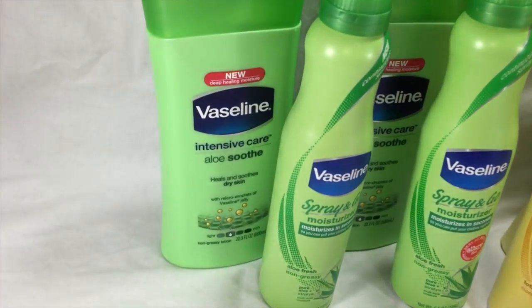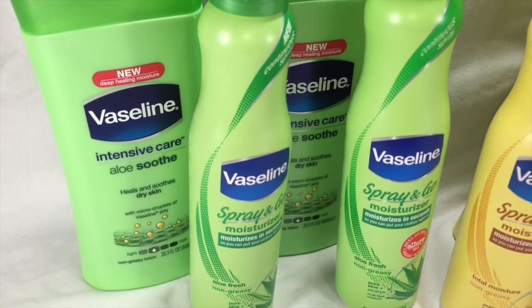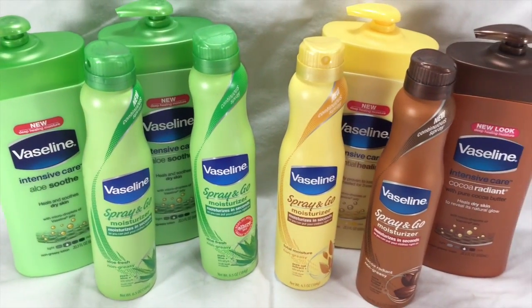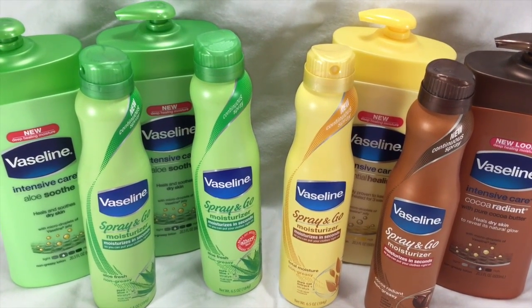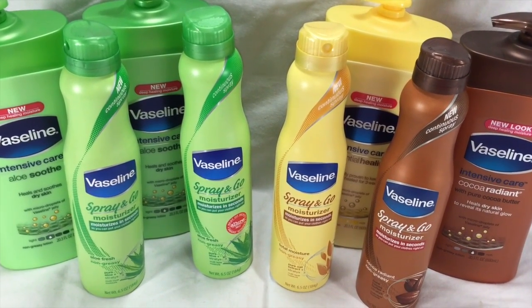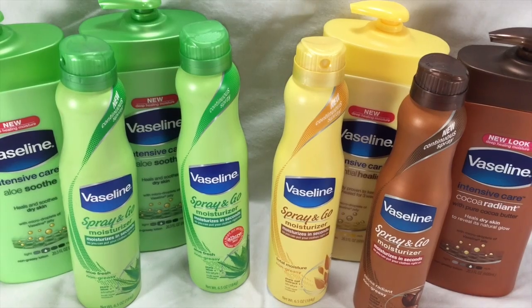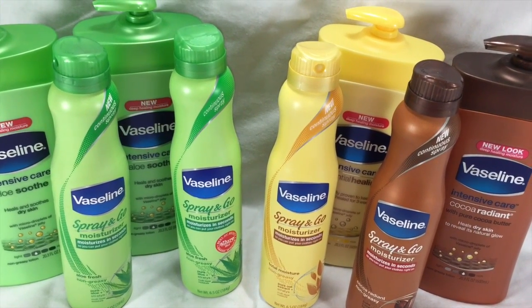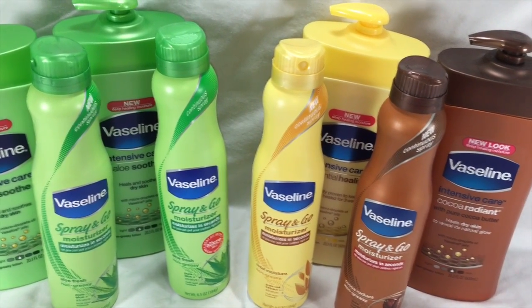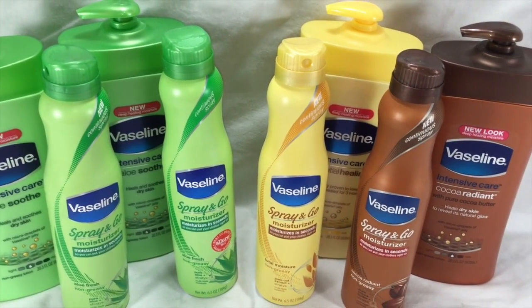The coupon stated that if you did purchase a Vaseline 20-ounce size, you did receive a spray Vaseline for free up to $6.49. At CVS this week, the regular 20-ounce lotions are priced at $7.49, with the spray bottles being priced at $8.29. They are not on sale, so any percentage off coupon you have will work. The buy one, get one free coupon did only take a maximum of $6.49 off of all of those spray lotions. This left us with a subtotal before coupons of